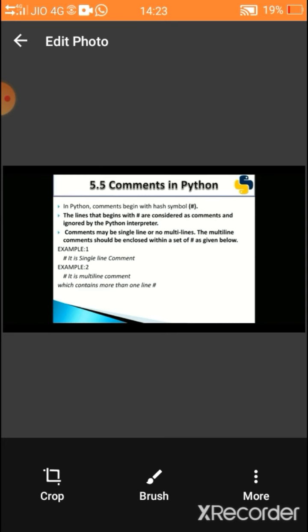So comments do not print anything. They help the user understand what we are doing in the statement. They just explain what we are saying in that statement to the user.